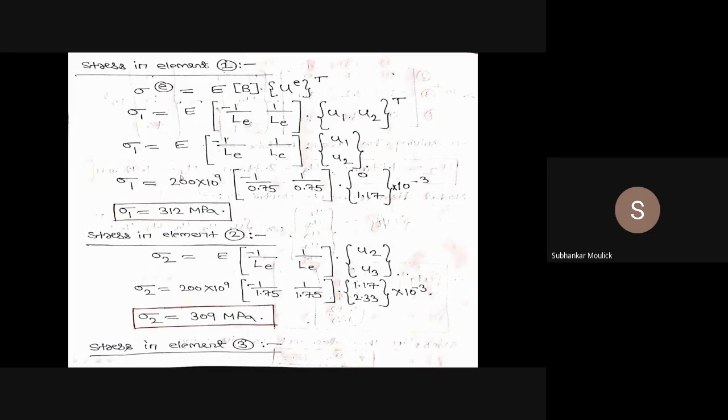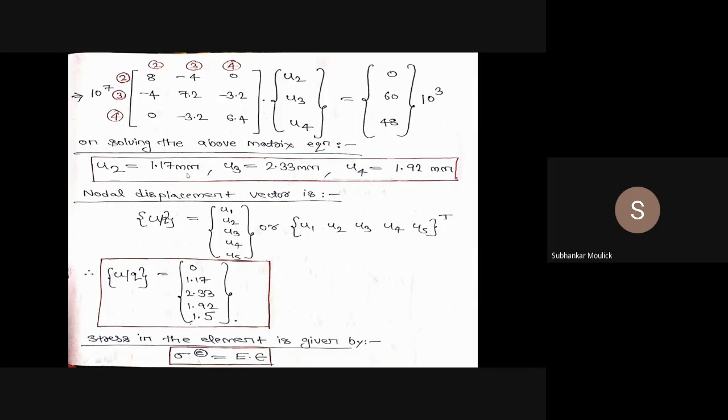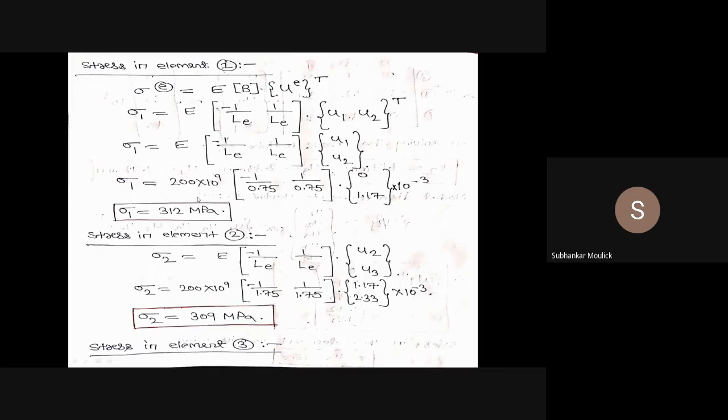Now E, you know, is 200 into 10 to the power 9. I will put that in. Then the matrix minus 1 upon LE, where LE means the length of the first element, that is 0.75. Minus 1 upon 0.75, 1 upon 0.75, into U1, which is already 0. U2 we have just calculated, that is 1.17 into 10 to the power minus 3 meter. Just evaluate it. You will get the value of the stress sigma 1